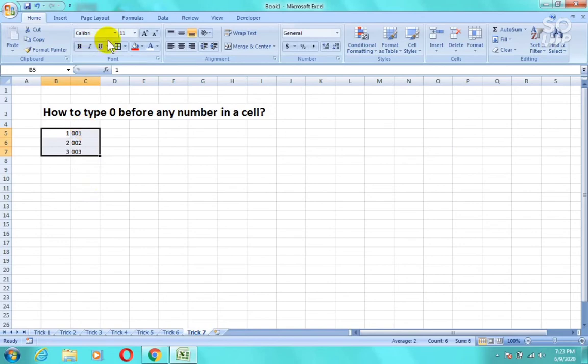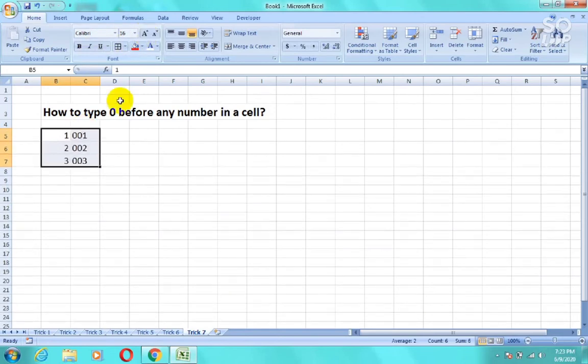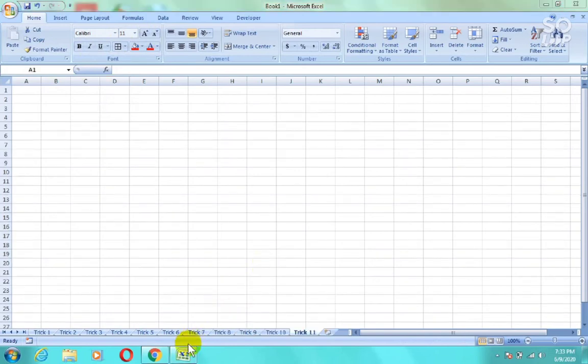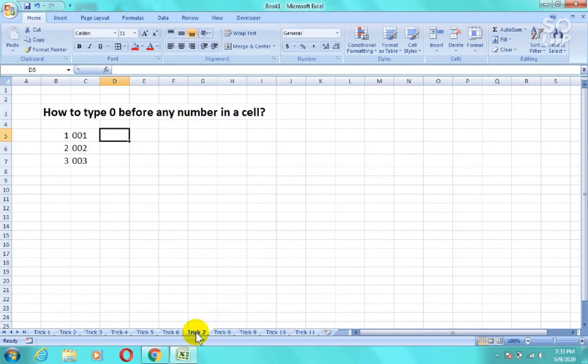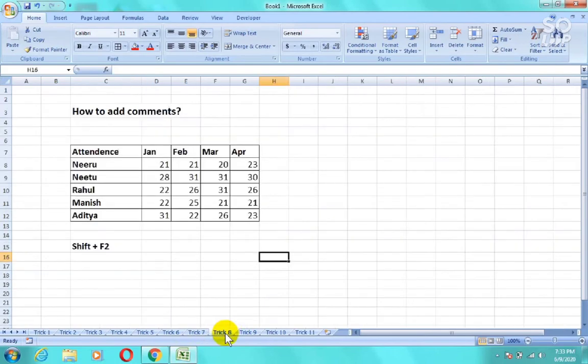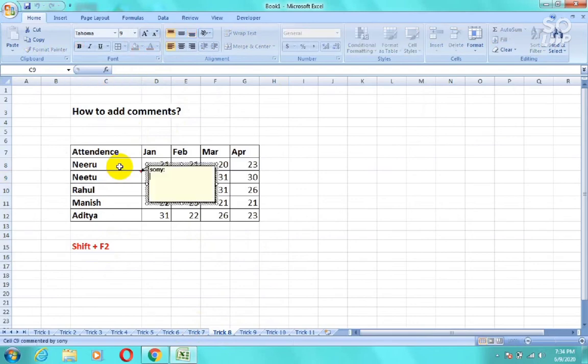Now let's check out our next trick. How to add comments. You can simply add any comment in any cell by pressing Shift plus F2 key. Like I have pressed Shift plus F2 key and typed something here.